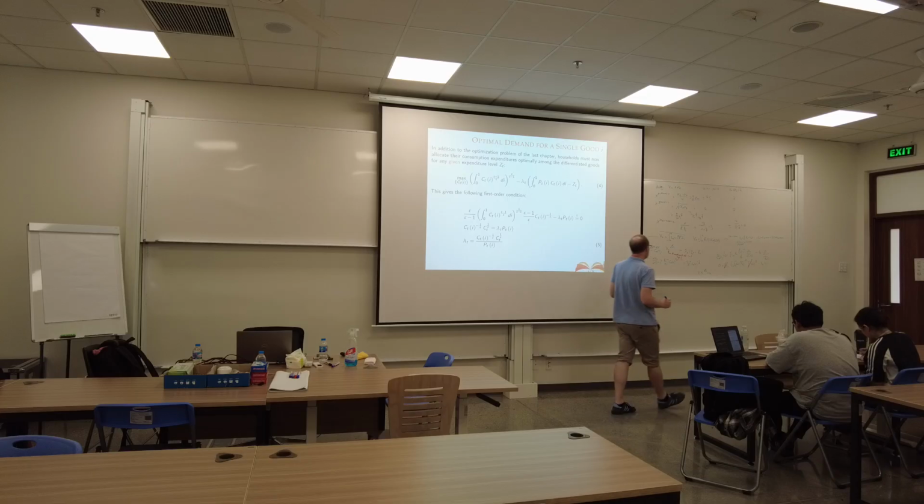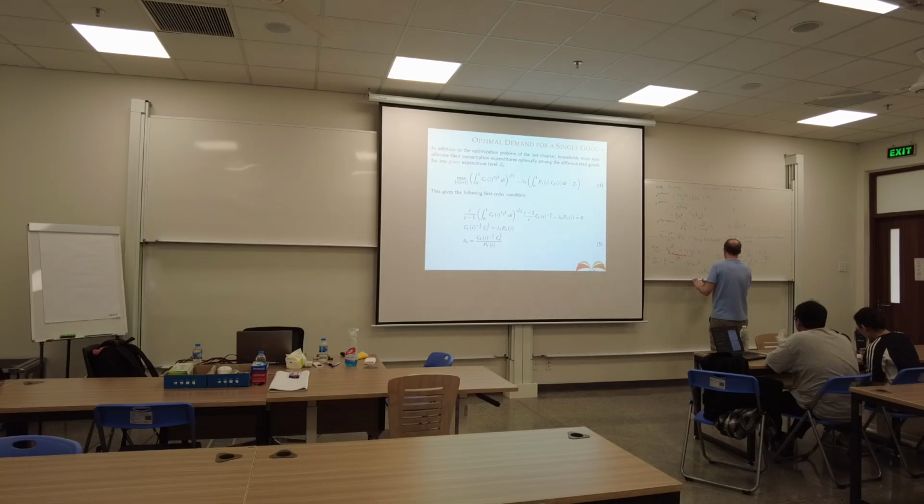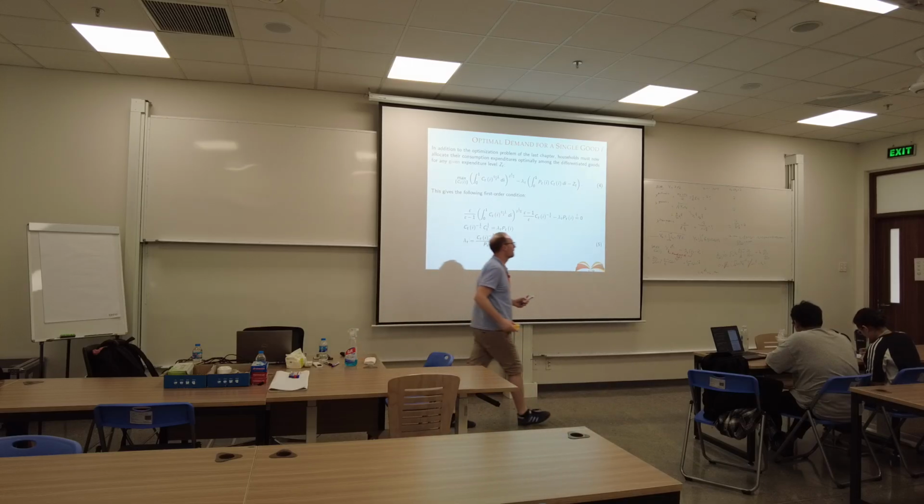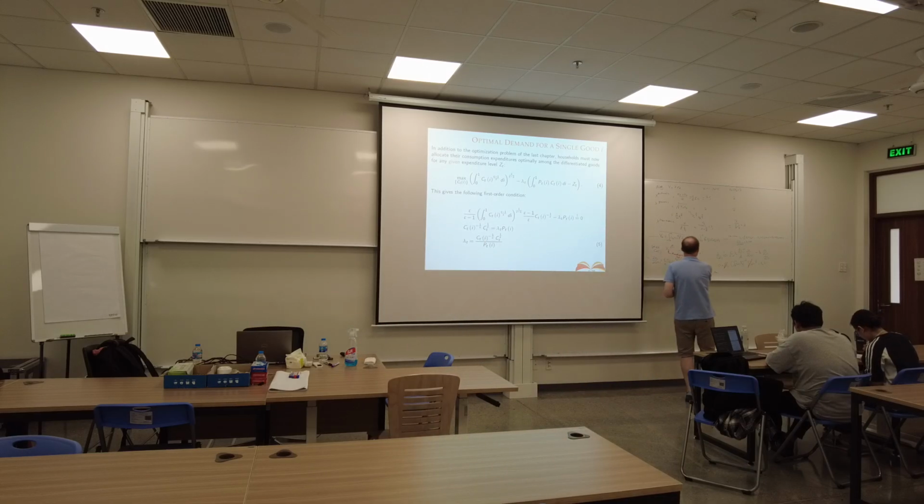So if it's equal to ct, then let me write this, run out of space. If xt to the power of epsilon over epsilon minus 1 is equal to ct, then